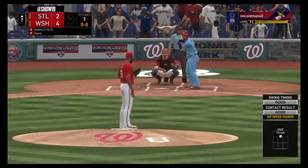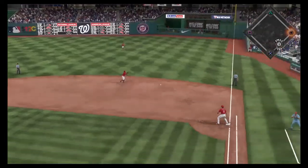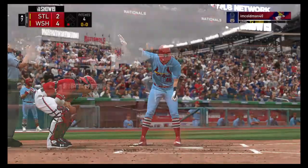Digging in and looking for more, Yadier Molina. He singled his last time up. I mean, Yadi, when he first broke on the scene, was a defender first and foremost. You can't say that anymore. I mean, he's evolved into a really, really nice offensive player. Now batting,